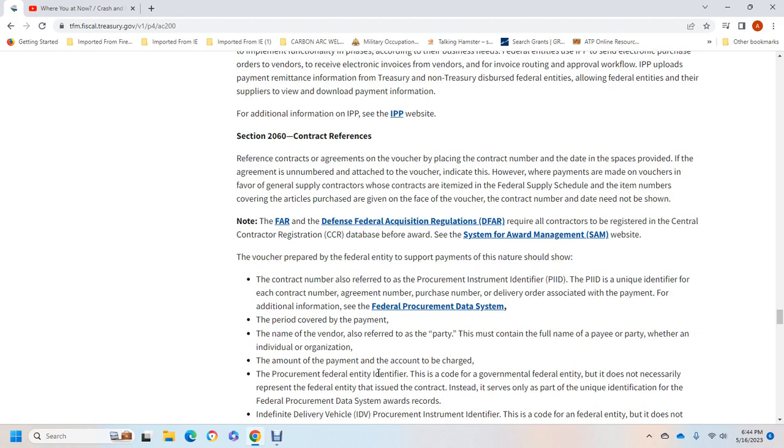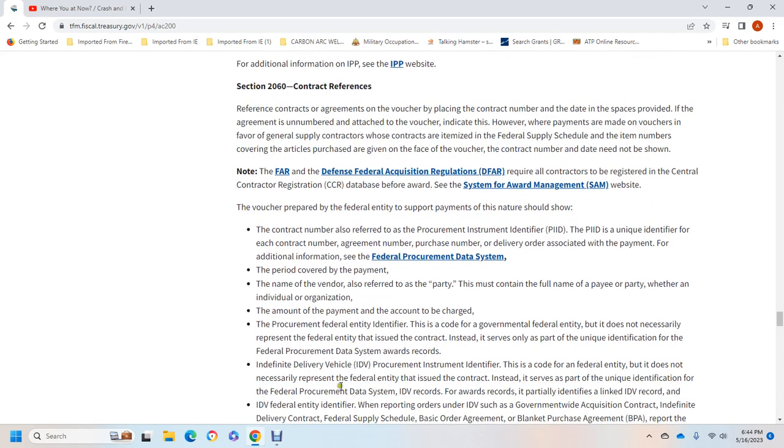the name of the payee, whether an individual or an organization, the amount of the payment, and the account to be charged. Procurement federal entity: identify with the code of the governmental federal entity. It does not necessarily represent the federal entity that issued the contract, and is used only as part of the unique identification of the Federal Procurement Data System award record. The identifying delivery vehicle of the procurement instrument is identified with the code of the federal entity, which does not necessarily represent the federal entity that issued the contract